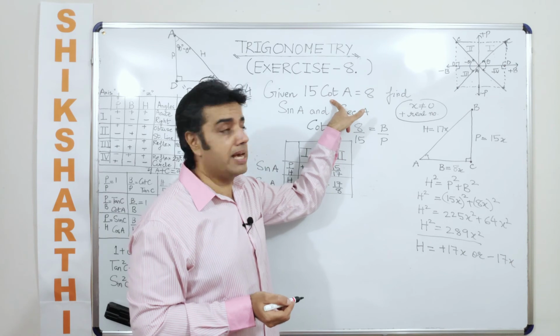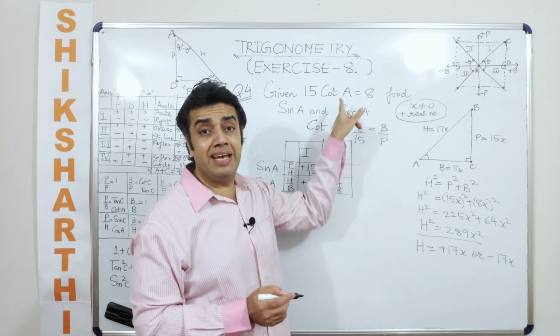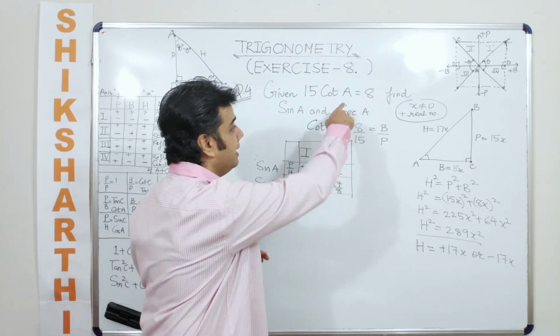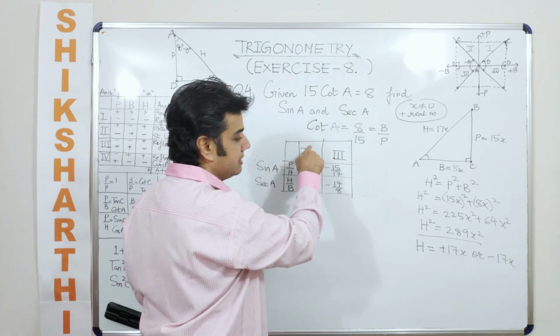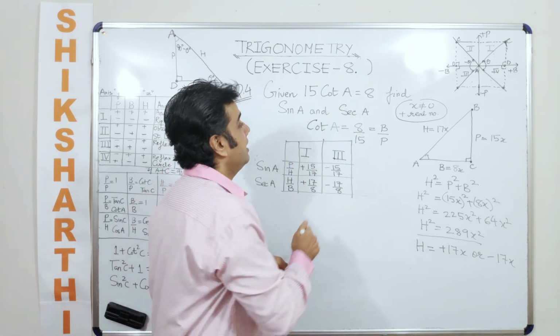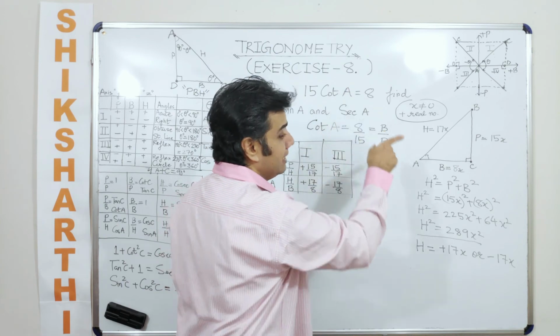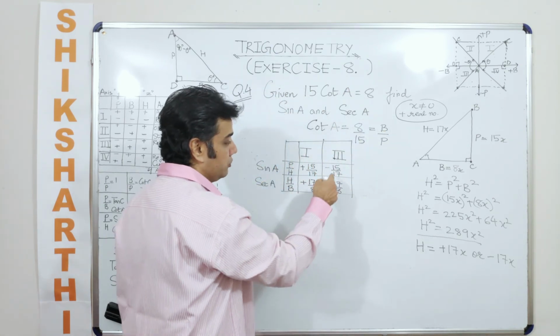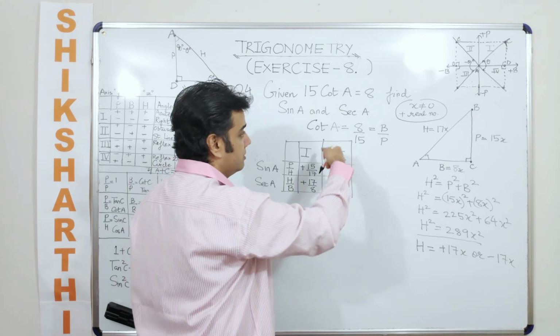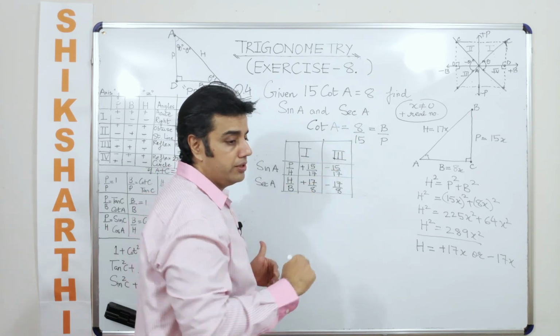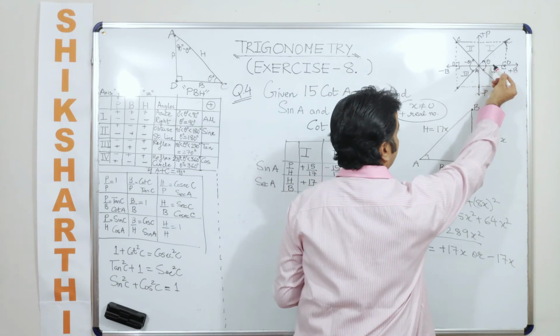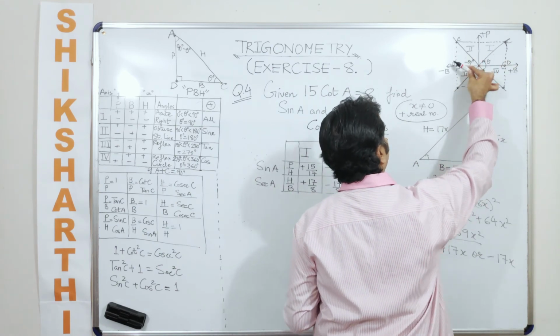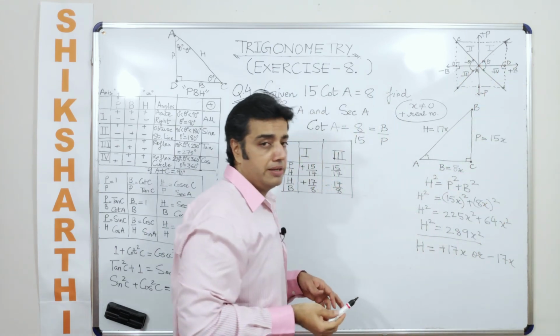And mind it, they have not specified the value of A. Had they specified the value of A as an acute angle, in that case we would have considered only the first quadrant. If they would have specified that A is, let's say, a reflex angle, an obtuse angle, whatever, in that case you would have taken only the negative values, because in this case we are talking about the third quadrant. So when I talk about the third quadrant, and if I take the positive direction of the x-axis, the angle is going to be a reflex angle.